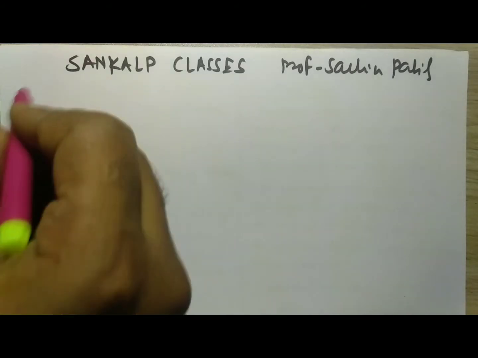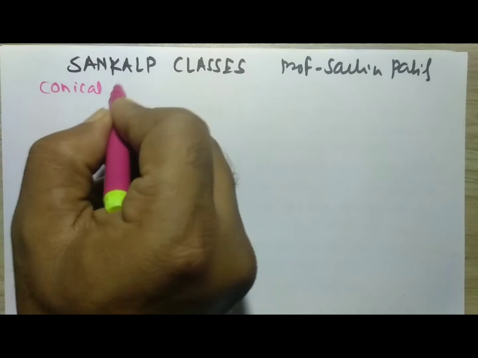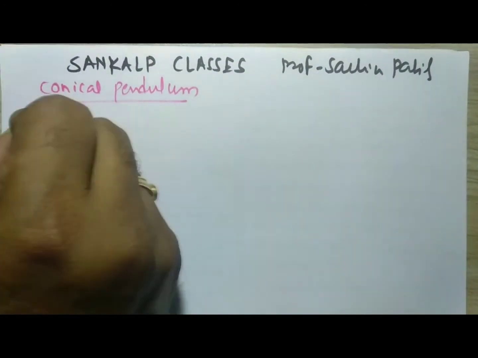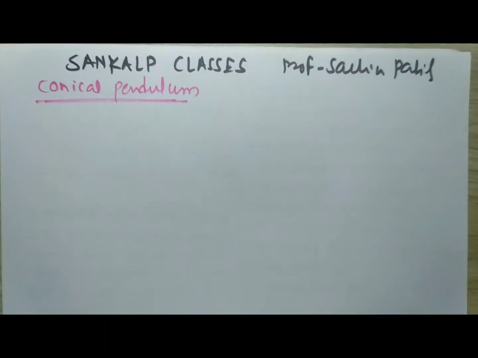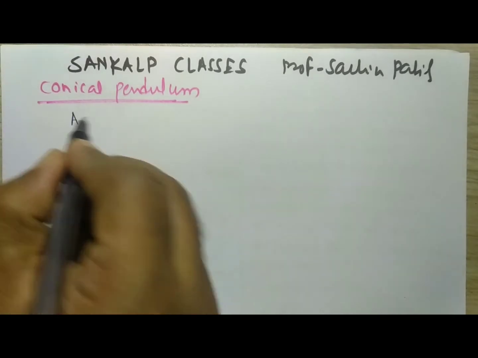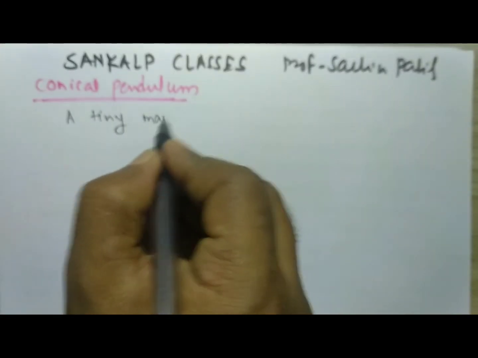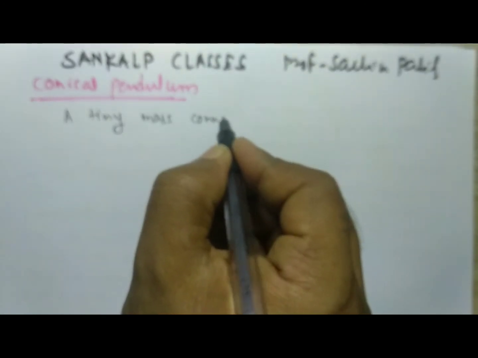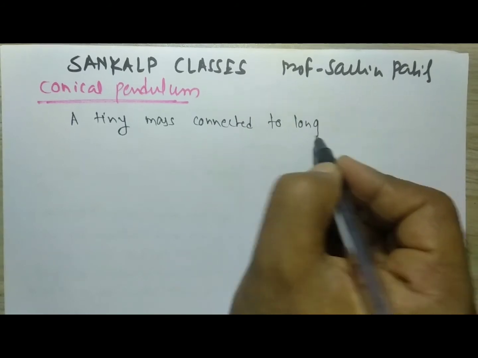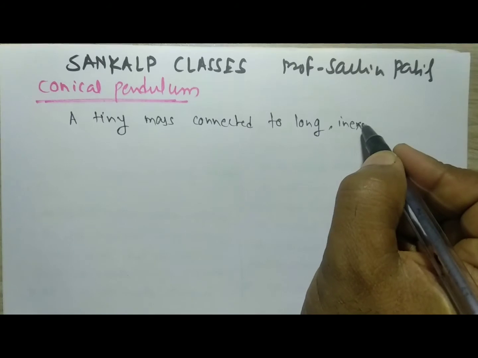Right now we are going with the next point, which is the conical pendulum. In the conical pendulum, first of all, we have to think about the pendulum. What is the pendulum? A tiny mass connected to a long inextensible